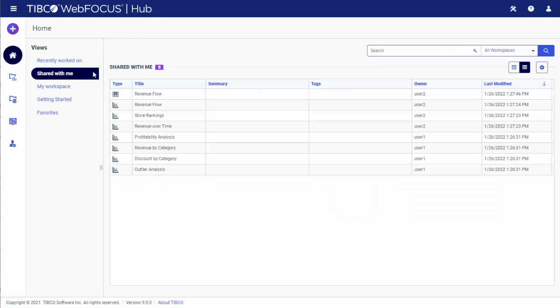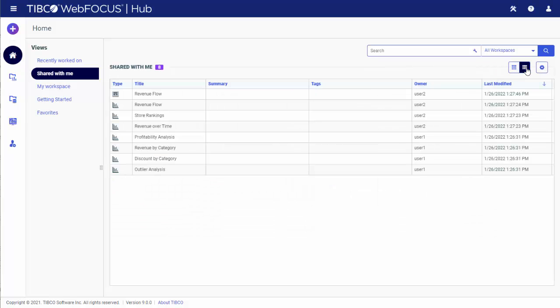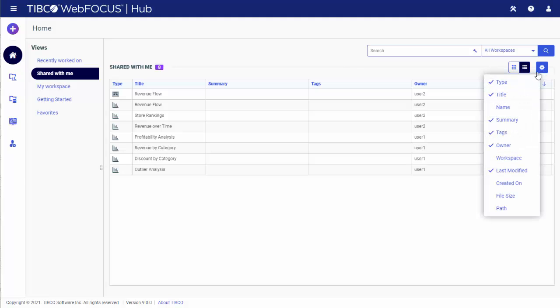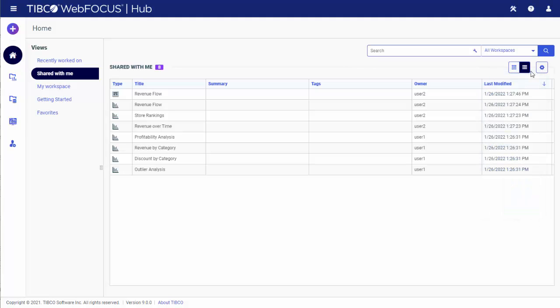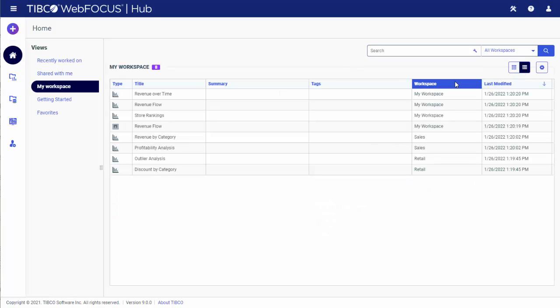Each of these views can be shown in a list or tile view. In a list, you can choose the number and type of columns that you want to display for each view. For example, for the Shared with Me view, you might want to display the owner column to see who shared content with you at a glance. In the My Workspace view, you may benefit from the Workspace column to quickly see where in a repository your